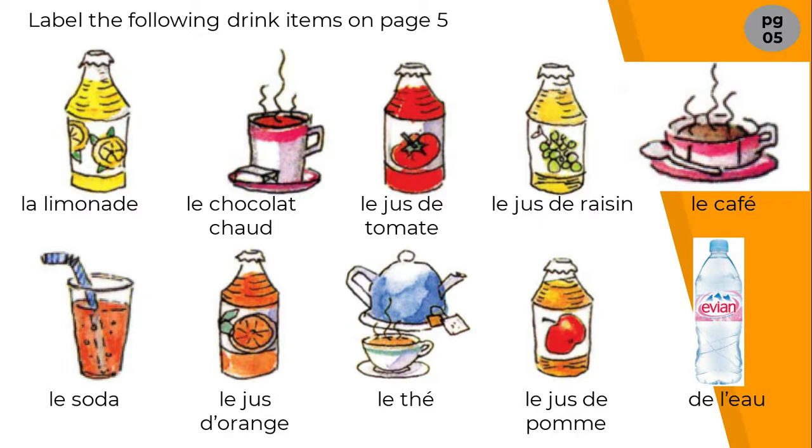Okay, so yesterday we labeled our food items. Today we need to label our drinks. Okay, a couple of hints with the drinks. The lemonade has 2 lemons on it. The hot chocolate is in like a hot chocolate mug. And the coffee's in the big wider one that looks almost more like a bowl. Okay, so make sure you're paying attention to the pictures and you're going to label the drink items on page